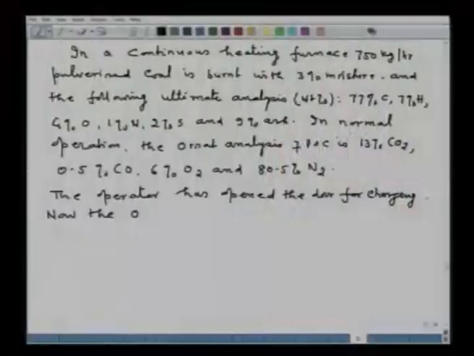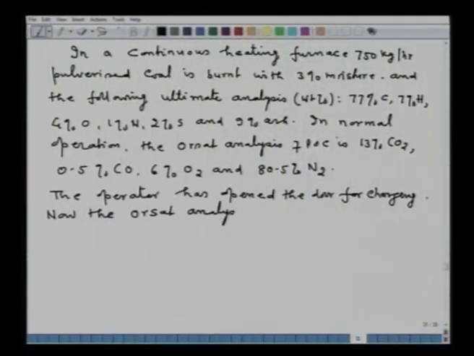Now the Orsat analysis of POC is 11.5% CO2, 8.2% O2 and 80.3% nitrogen,